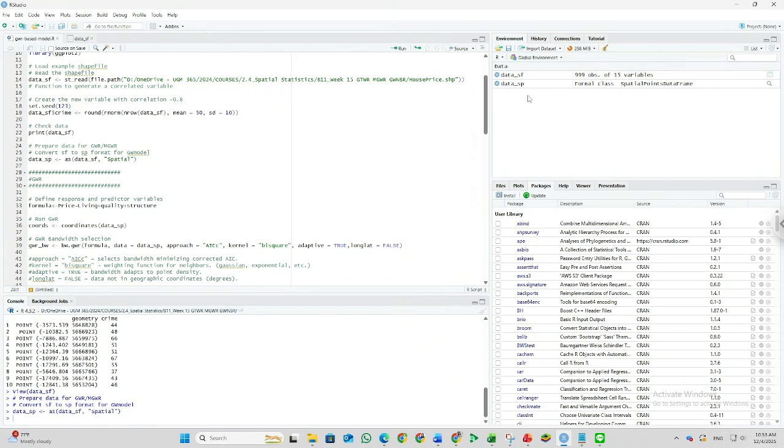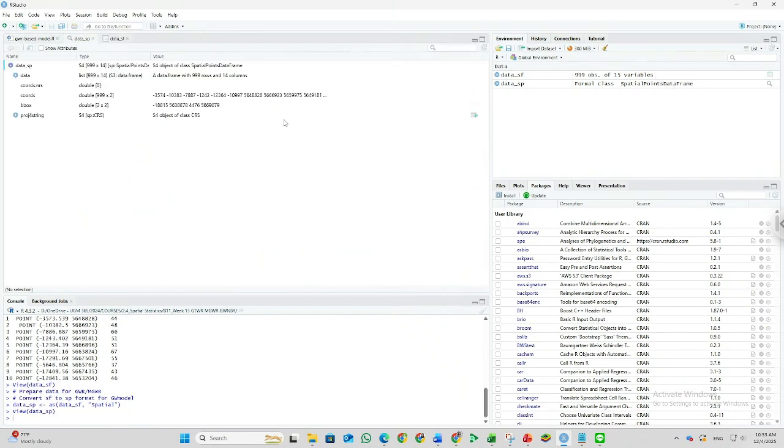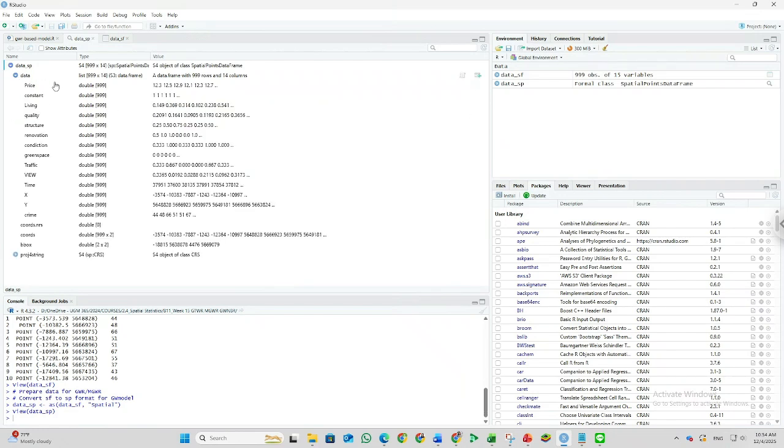This above is the original data, the table of the data. We can see the columns are like an attribute table, but after converting to spatial, we can see the format class is spatial point data frame, which is the primary requirement to use the data. We can also see the variables, but the format is changed to the spatial point data frame.